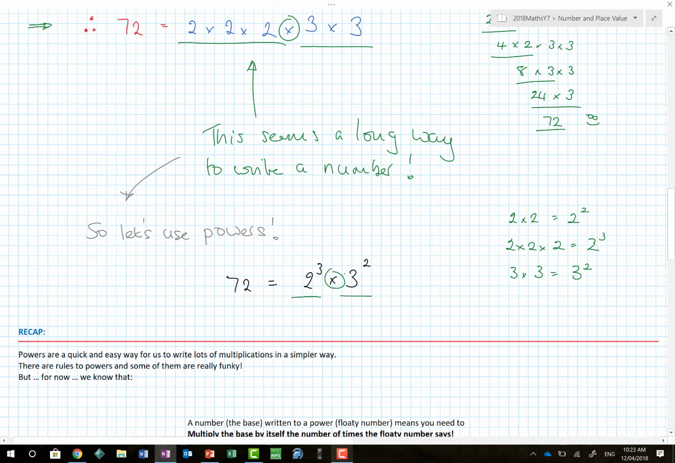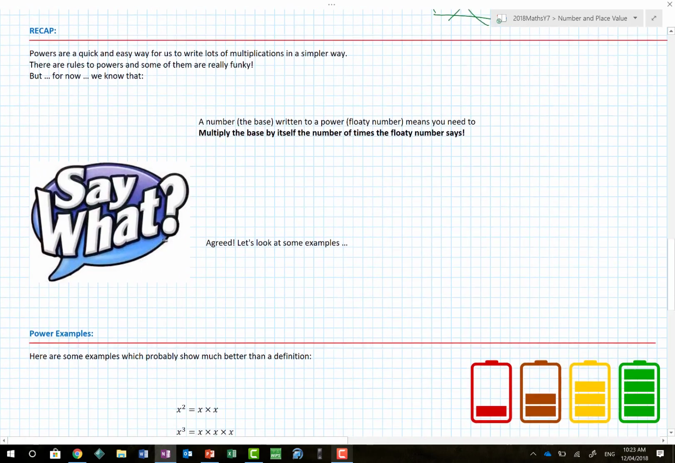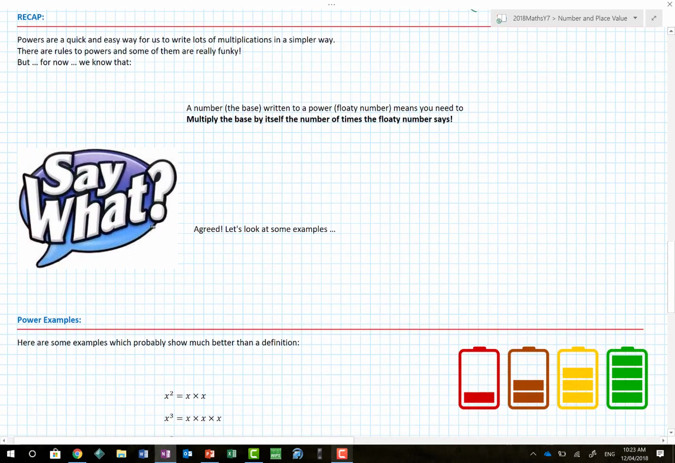Although you could, if you remember, write that as 2 to the floaty 3, 3 to the floaty 2, that looks way confusing. And so generally speaking, we put the times in just to make it easier. So that is using the prime decomposition. But powers are a quick and easy way for us to write a lot of multiplications in a simpler way. There are rules to the powers and some of them are really funky, but for now